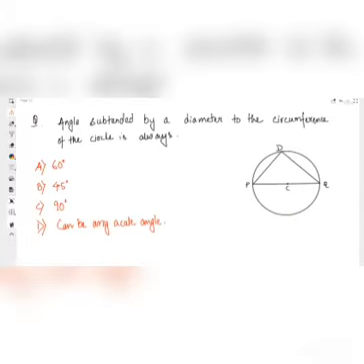Now it says that the angle subtended by a diameter to the circumference of the circle is always. Now let me see how many of you know this property. This is also one of the very, very important properties. Yeah, very good. So I can see few of you giving me the right answer. So the answer is C. Whenever I have a diameter, the angle that it subtends on the circumference on any side is, you see guys, this is interesting, whether it subtends on this side or on this side, it is going to be 90 degrees. Why? Because